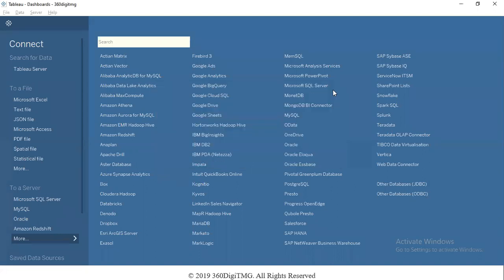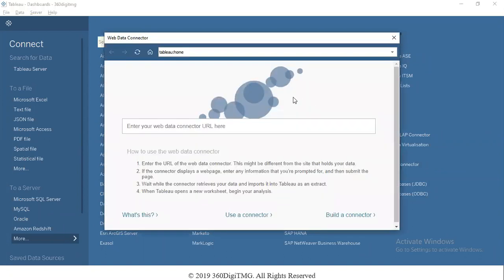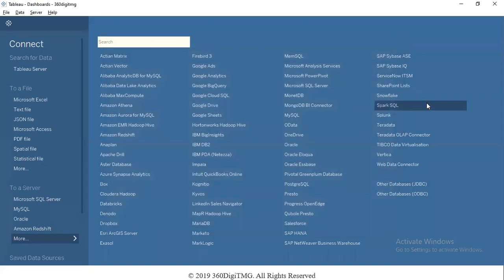OData is one option. The other option to get data from the internet, from a web page, is the Web Data Connector. We can set up web data connectors. Again, you just have to give the link to that data source. These two options are there. For open data that is present on a website, on a web page, we have to access it either using OData or by using the Web Data Connector feature. The rest of them are all servers, data servers. These two only are there for connecting to data coming from the internet on a web page.